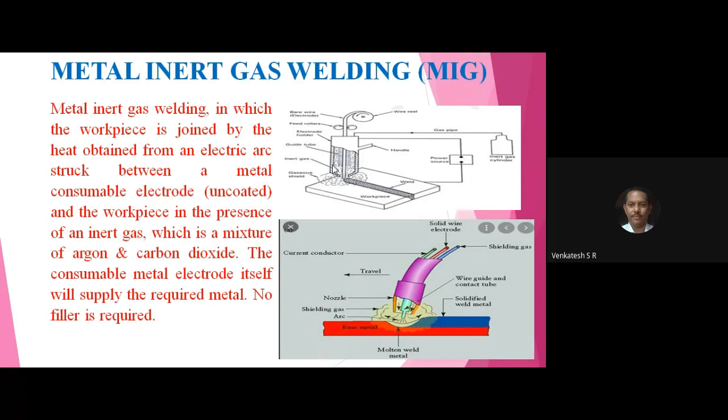Now you write down the principle of operation of metal inert gas welding. Underline that. Write down a few points. Metal inert gas welding, in bracket MIG,